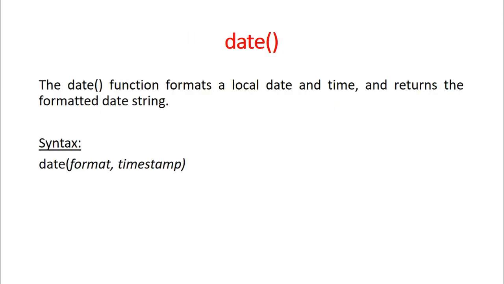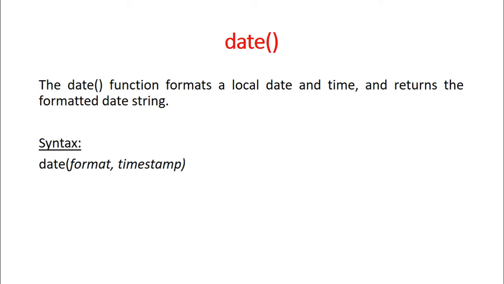Let us first see what is this PHP date function. The PHP date function formats a local date and time and returns the formatted date. Now as per our question, we are supposed to retrieve only the time and display the current time of the server. So we can do that by following this format,